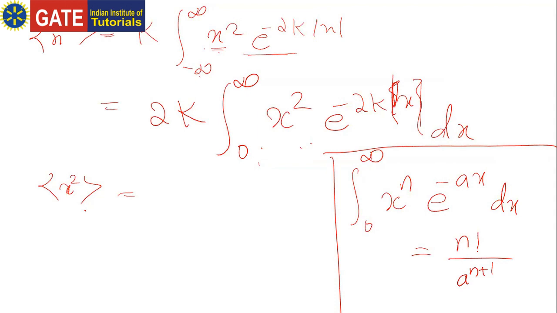In the first quantum mechanics class, I have explained the standard integration formula. Ma'am, is the uncertainty 2 by k power 5 by 4? Okay, let me do. Here we are going to integrate expectation x square equal to